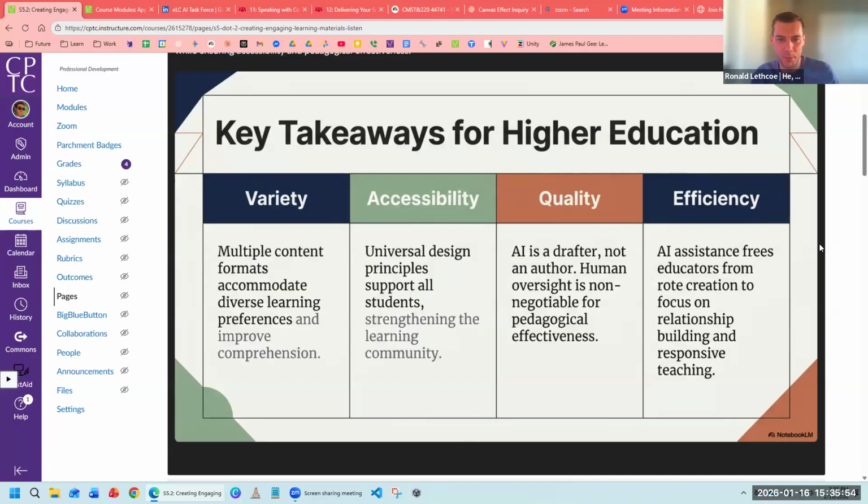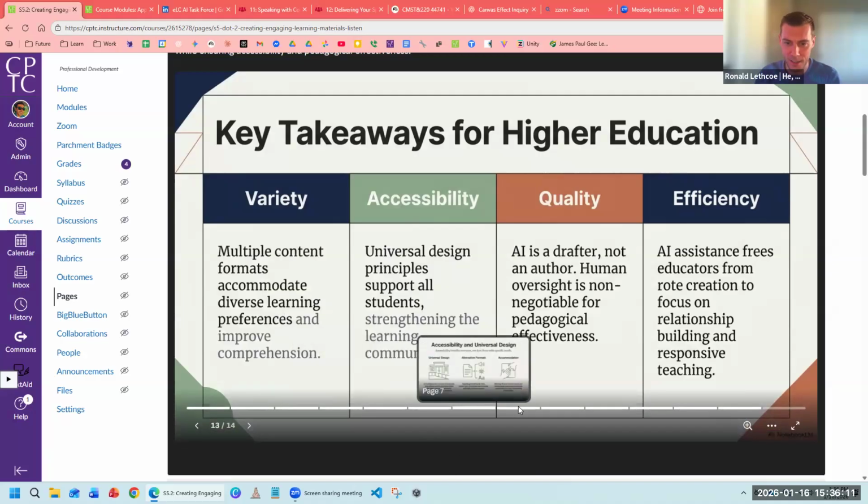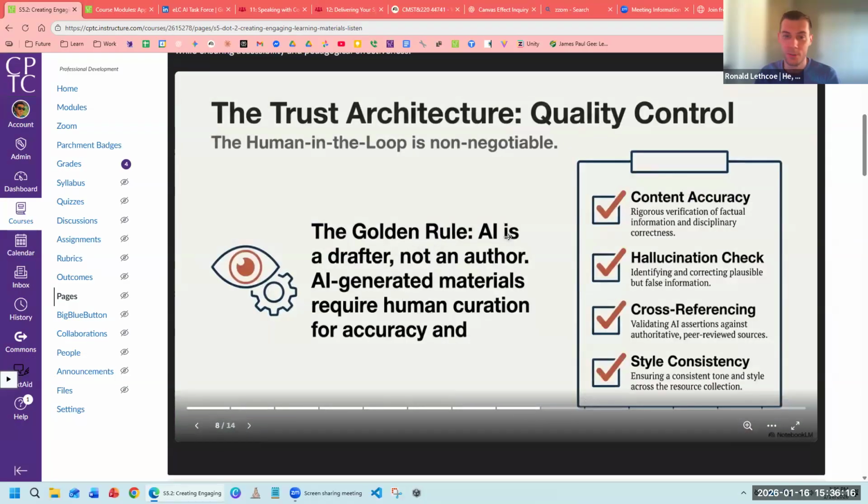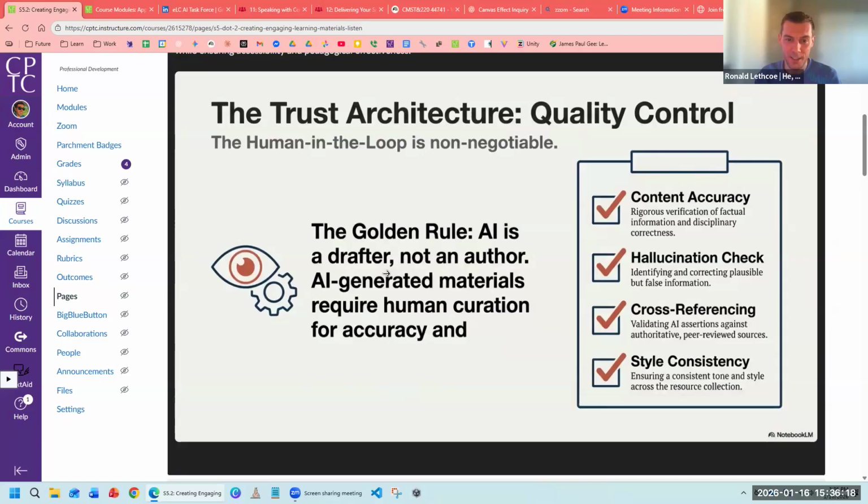Accessibility: universal design principles support all students, strengthening the learning community. Quality: AI is a drafter, not an author. Human oversight is non-negotiable for pedagogical effectiveness. I don't know if y'all noticed, I didn't change it because I wanted to leave it exactly as it came. But on one of these slides, it says, the golden rule: AI is a drafter, not an author. AI-generated materials require human curation for accuracy and